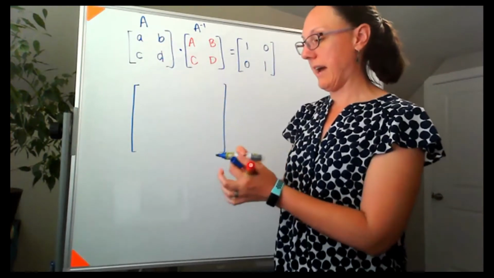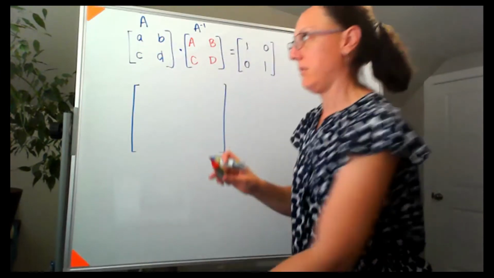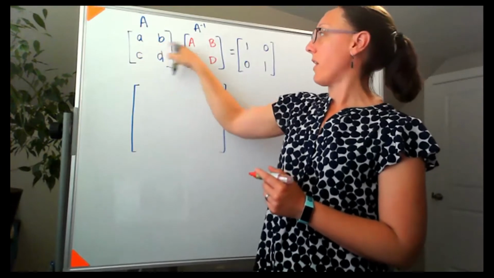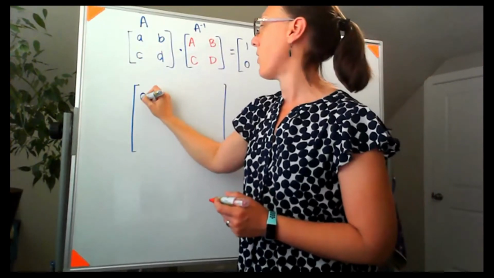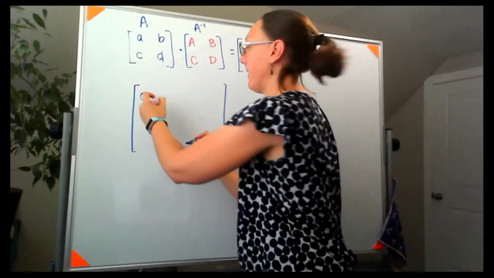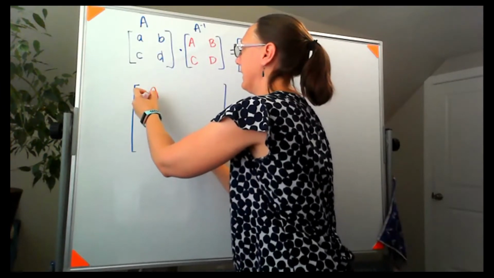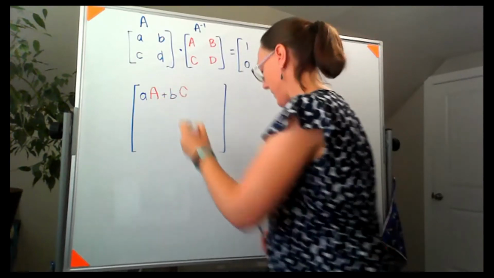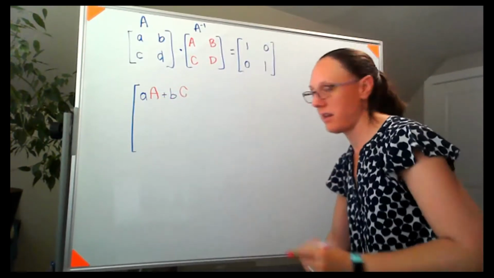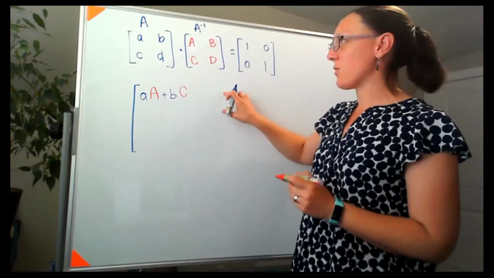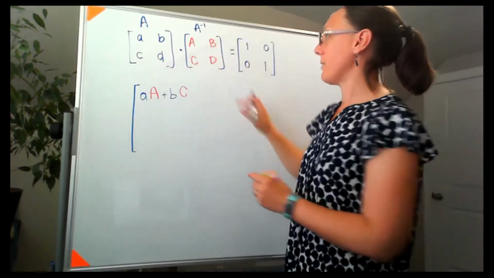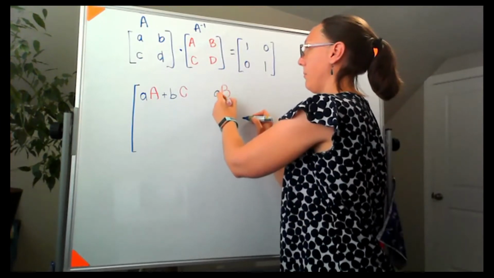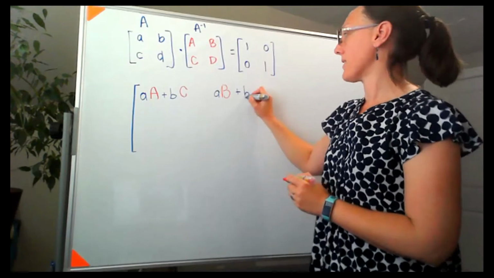So I'm going to have, see how I do. This is row 1, column 1. So I've got row 1 times column 1. So I'll have A. I'm going to try to write left-handed. Plus B, C. Okay, doing okay with the left-handed. This is row 1, column 2. So I need row 1 times column 2. So I'd have A, B, plus B,